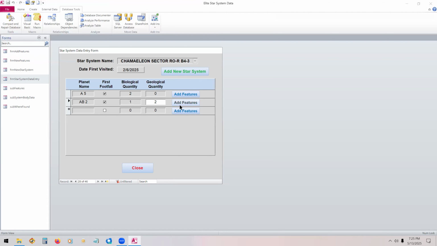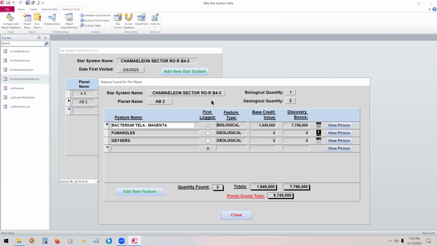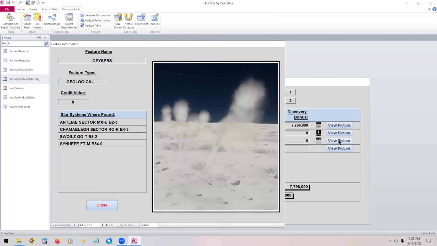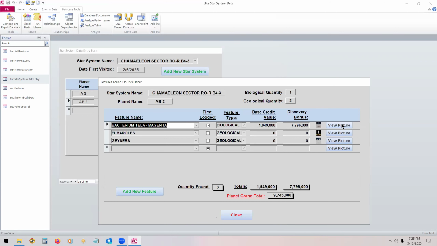And we can click this button, and it shows you what's on this moon, same moon. And we found a bacteria and a fumarole and geysers. And then we have pictures of each, which I thought were pretty neat. And this also shows all the star systems where we found it so far. Found geysers. As far as the biological,